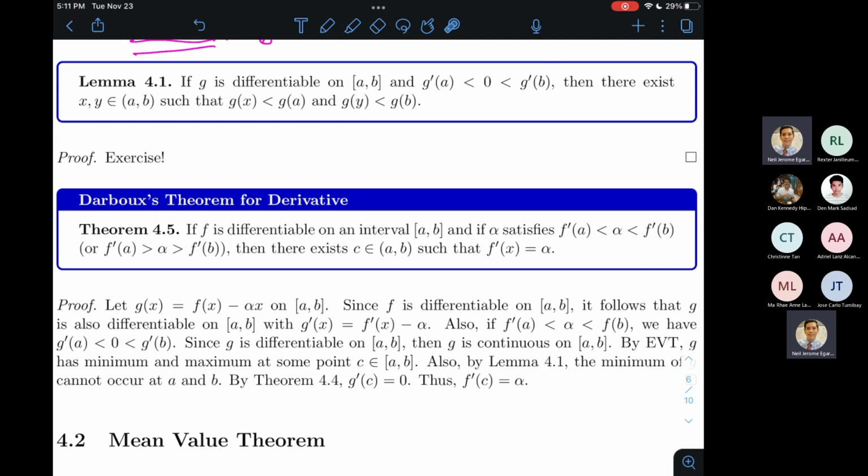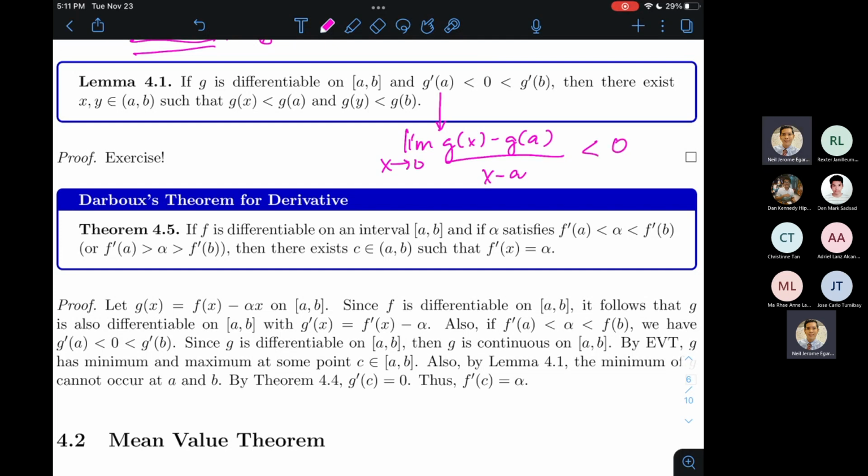Pero ang idea lang naman dito ay gamitin yung definition ng derivative dito, yung limit definition ng derivative, tapos paglalaruan yung limit na yon. Okay? So use the fact that the limit of g prime of a is negative. Expand nyo to, magiging limit siya ng g of x minus g of a over x minus a as x approaches a is less than 0.